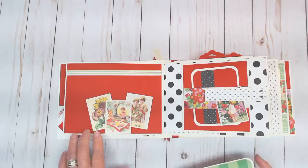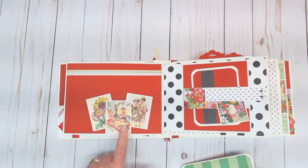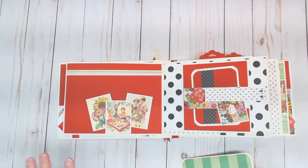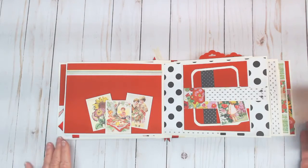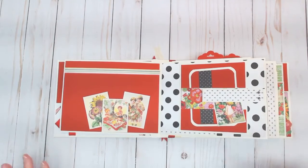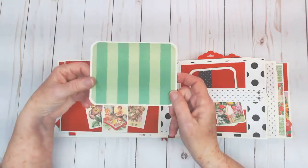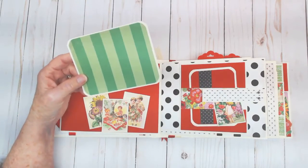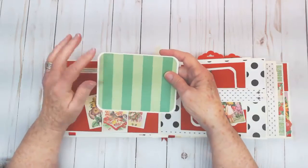I thought this was kind of cute. I liked, again, to use some of the cut-aparts. They're just so adorable, and they're so vintage and retro. I love how Authentique uses the vintage and the retro photos to incorporate in their designs and in their patterns. I think that's just so cool. This is another one of the pieces of pattern paper. I went ahead and used this to matte